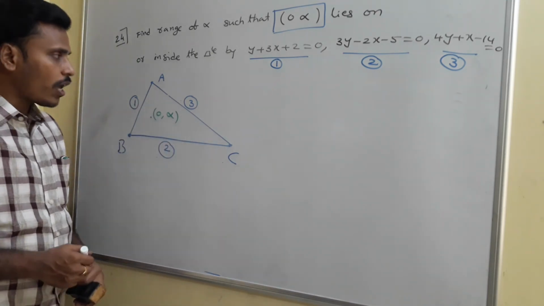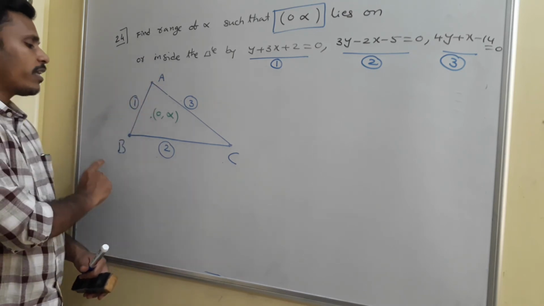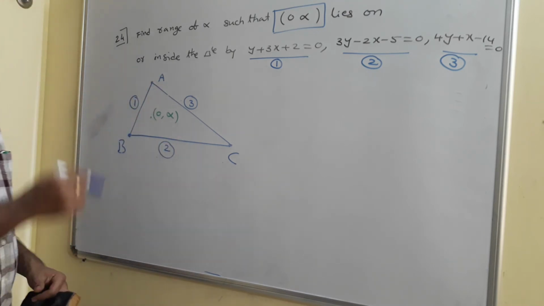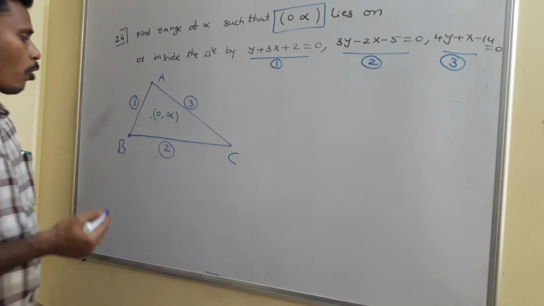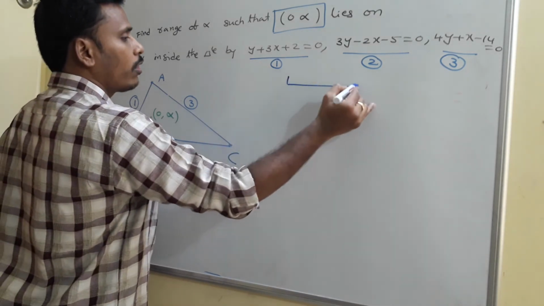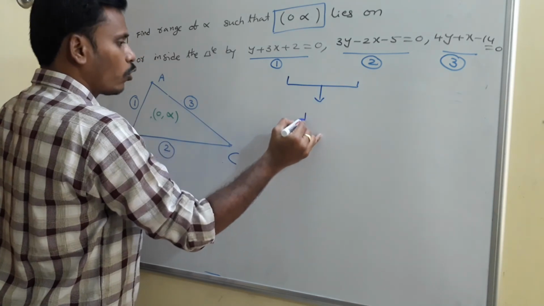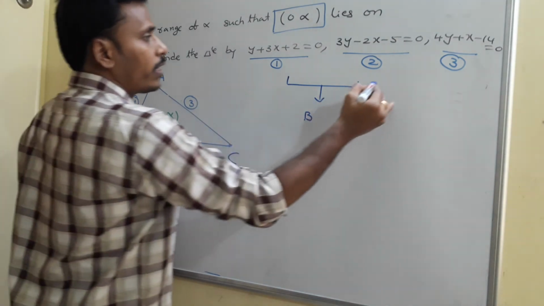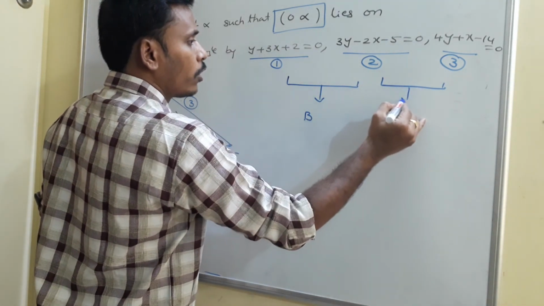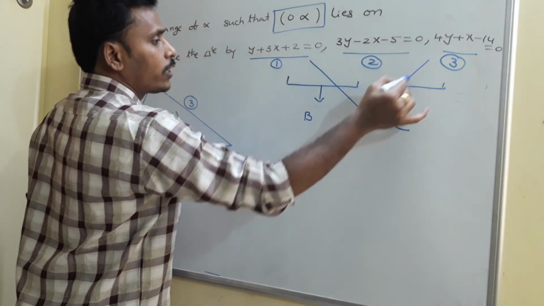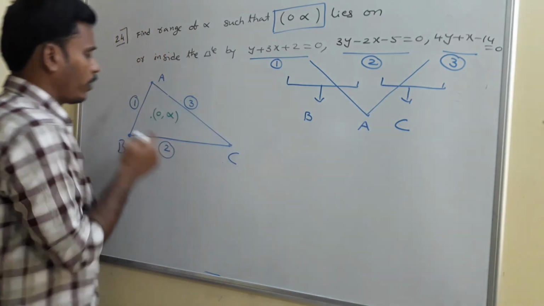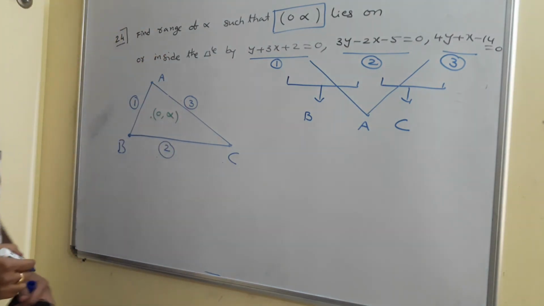Then to say all these things, first of all you need the points A, B and C. So you need to solve the given equations to get the values of A, B and C. Okay, the problem may be a bit lengthy. See, solve these 2 lines to get the values of B, and then solve these 2 lines to get the value of C. And then solve this 1 as well as 3 to get the values of A, because A is a common point for 1 and 3, right?